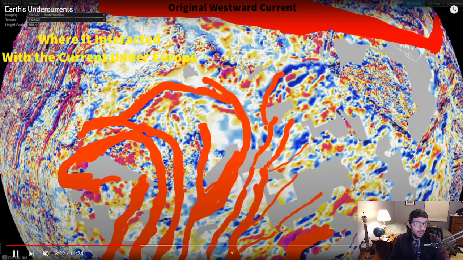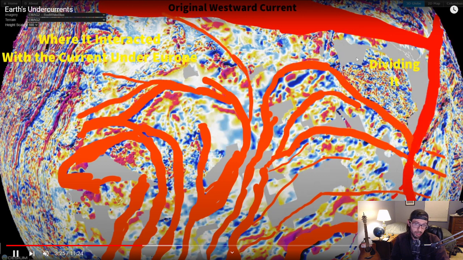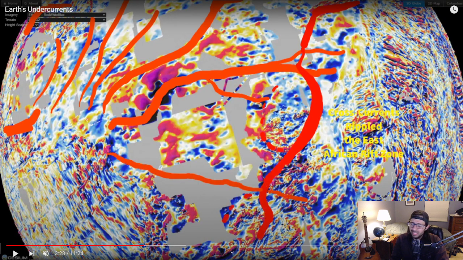Okay, so where it interacted with the current from under Europe, dividing it, it goes down here. I know the colors are kind of lacking. My bad. It's hard to put colors over this that actually are visible. This one's orange, this one's red, but they're practically the same, so it makes it a little confusing. But if you notice the red one,